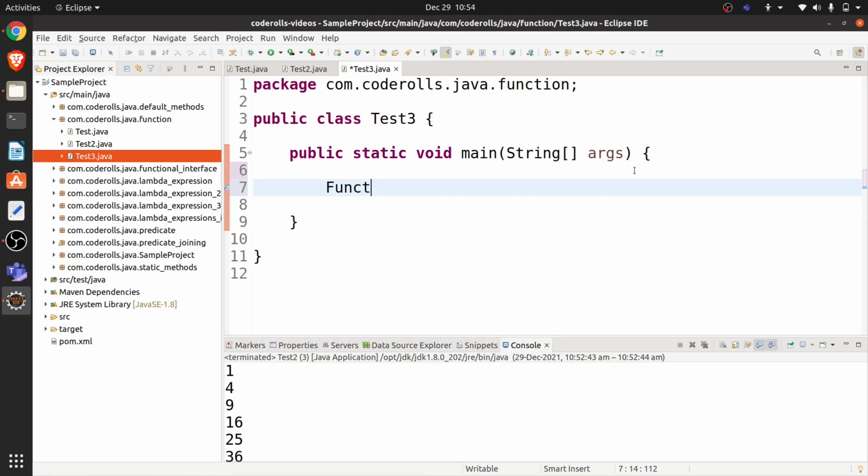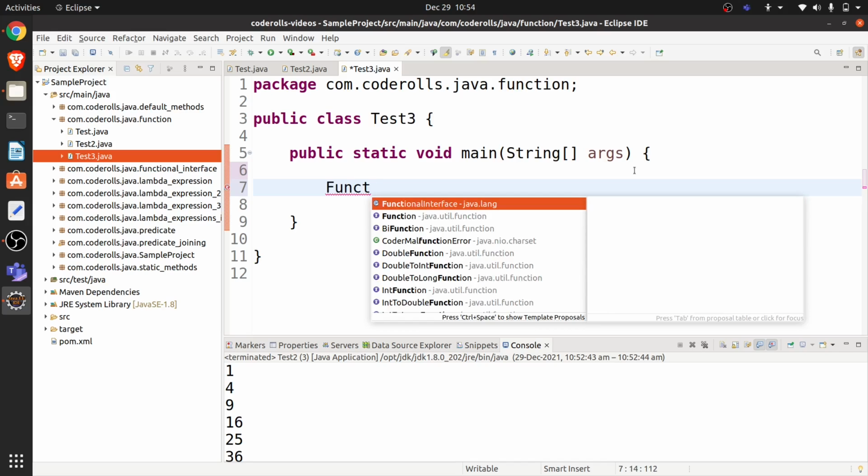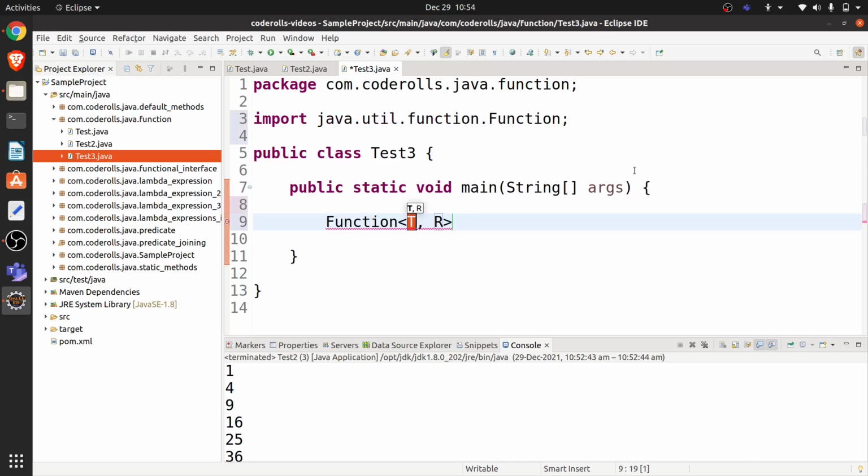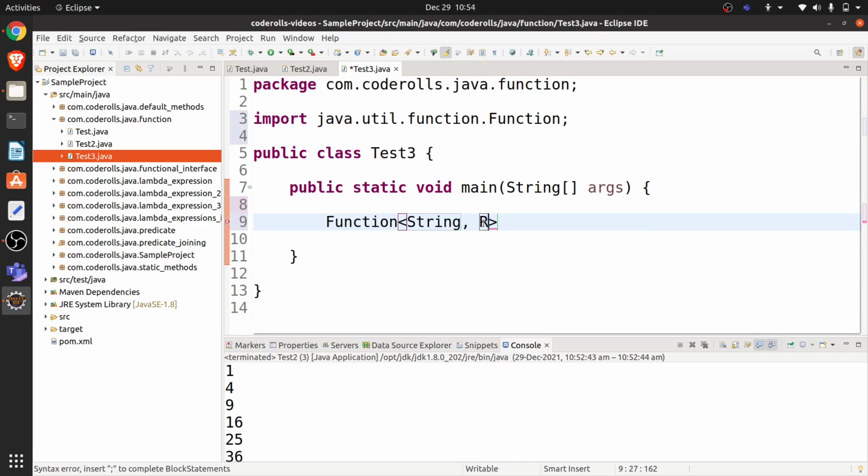So Function, java.util.function package, and here our input parameter is String, and in return we are expecting String only, but we will pass some string and our function will remove each space from that string and it will return a newly generated string.